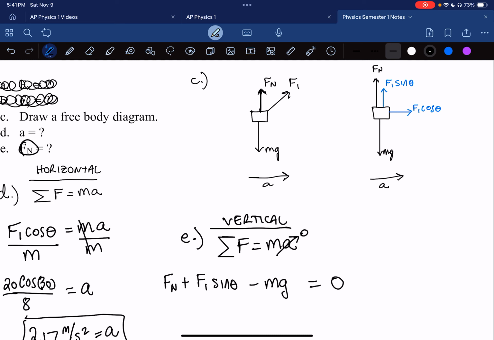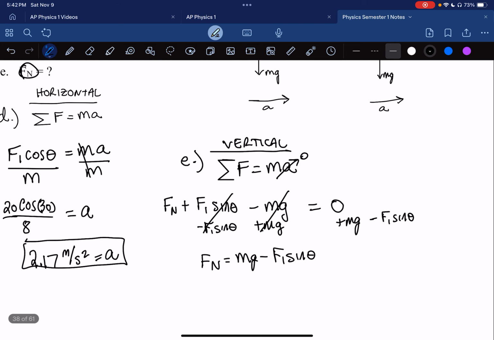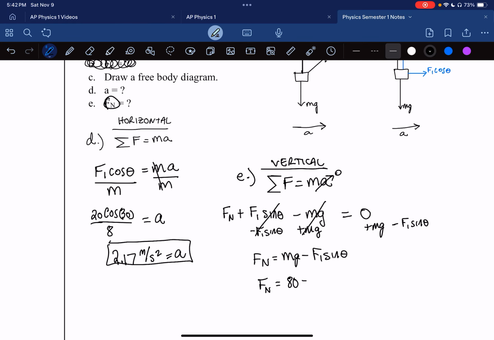We want to solve for Fn. And so that means we're going to have to add mg over to the other side. Let's fix that. And while we're at it, why don't we subtract F1 sine theta, because we need to isolate Fn. And that cancels. So this will say Fn equals mg minus F1 sine theta. So Fn equals, what was the mass of this thing? 8. So that's 80 minus